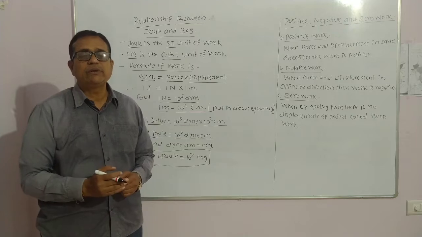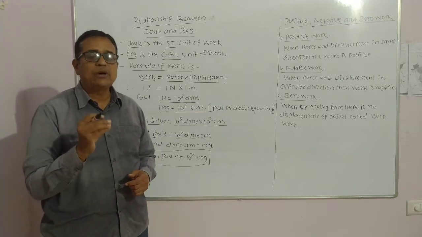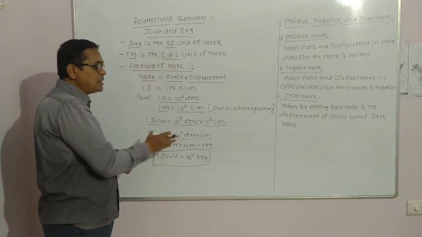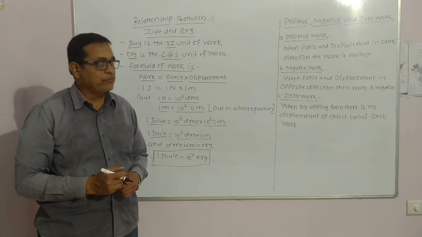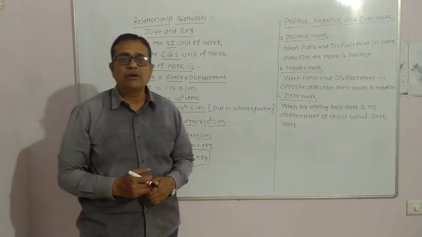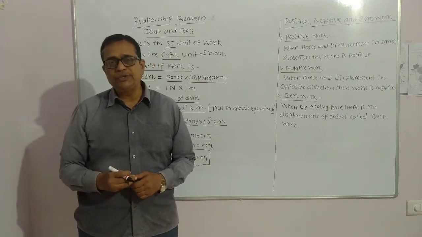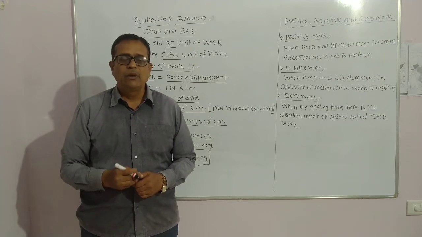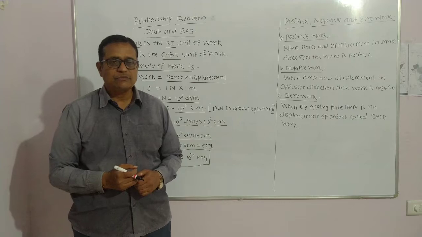That is the relation between joule and erg, and it is a question for 3 marks. It is necessary to write all these steps to get full credit, the 3 marks, in this topic. Then you know, dear student, we can do work. But which work is positive work, which work is negative work, and which work is zero work? For example, here we study different examples.